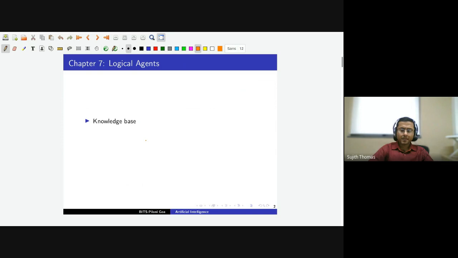Okay, so in this module, we will be representing facts in our knowledge base. So we will have some knowledge base where we will be representing some facts about the world or the environment that we know. And then our goal will be to infer, to check whether we can infer something from the knowledge base. So in the first case, we will assume that all the facts that we are representing in our knowledge base are expressed in propositional logic.